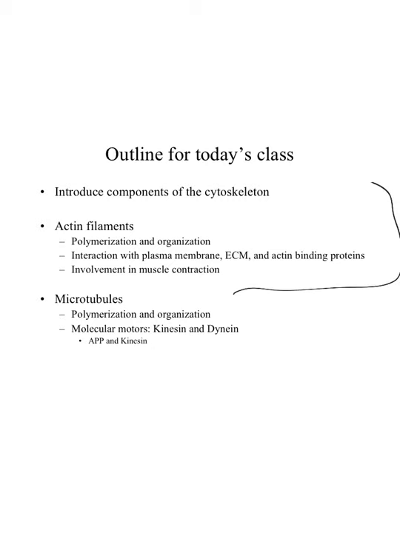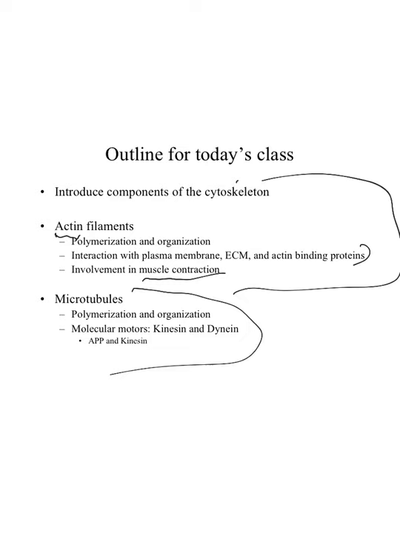Part 1 is going to focus on these 2 bullet points, where I will first introduce the components of the cytoskeleton. Then we're going to focus on actin, or the microfilaments, take a look at how they get polymerized, how interacting proteins help to stabilize or break down the filament structure, the role of actin, and then the involvement of actin in muscle contraction. We're going to do one specific example related to actin. That will close out part 1, and then I'll be back after a short break to record part 2,